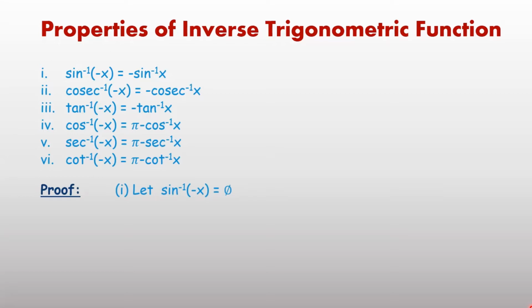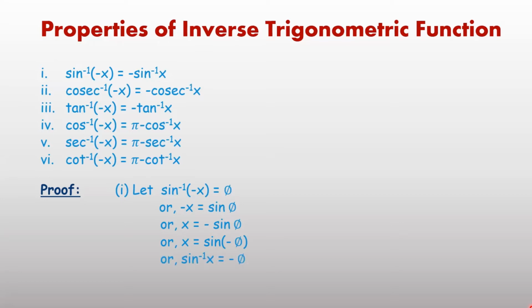Proof of first: let sin inverse minus x equal to theta or phi, whatever. Then minus x equal to sin phi, x equal to minus sin phi. And minus sin phi also we can write as sin minus phi, because sin is negative in third and fourth quadrant. In principal value branch, minus pi by 2 to plus pi by 2 means fourth and first quadrant. Therefore, minus sin phi